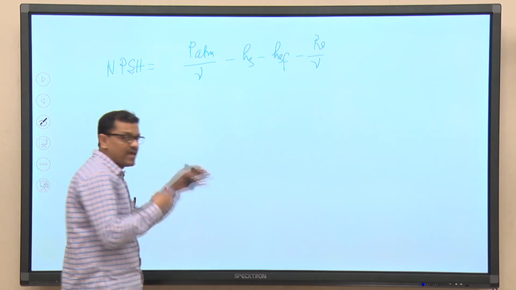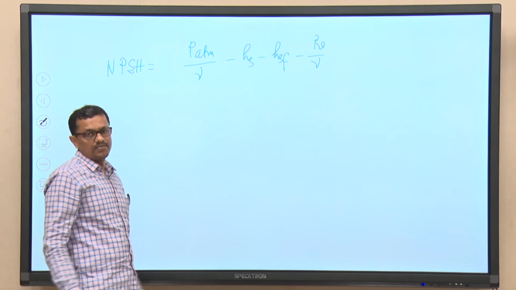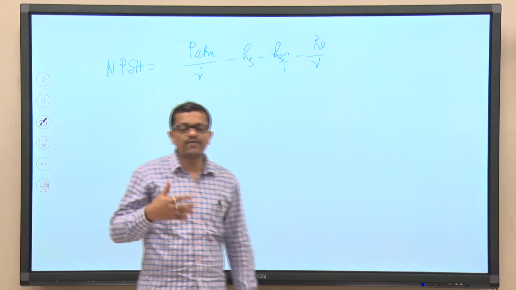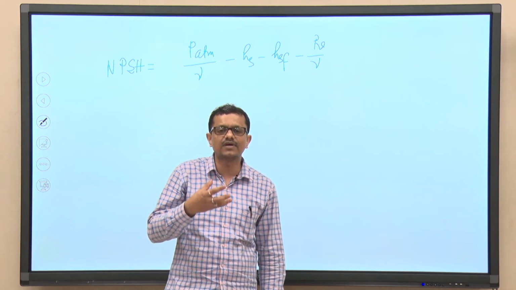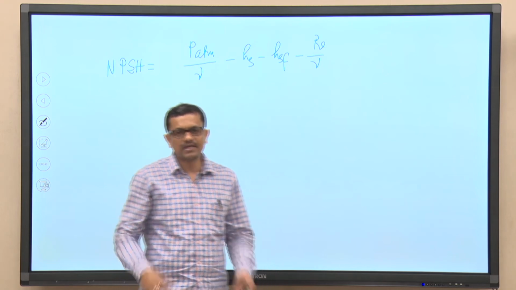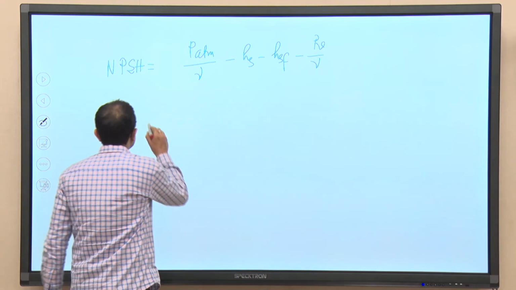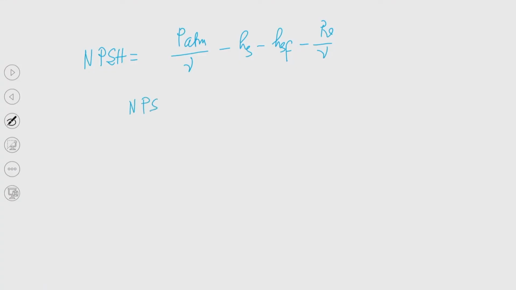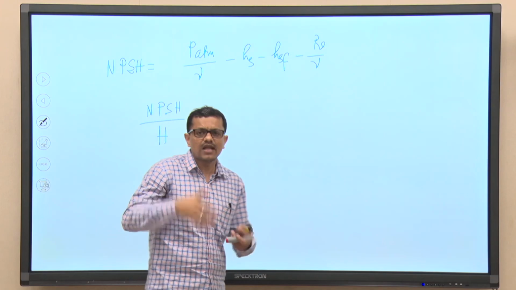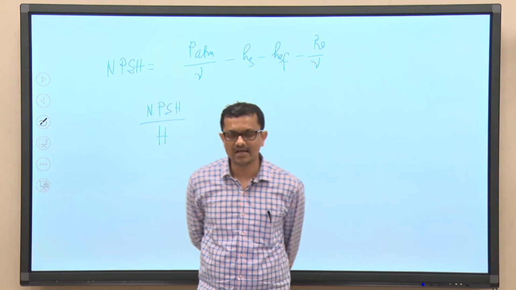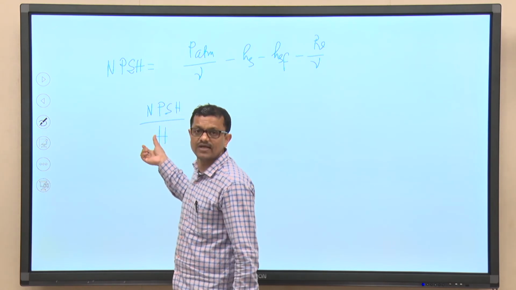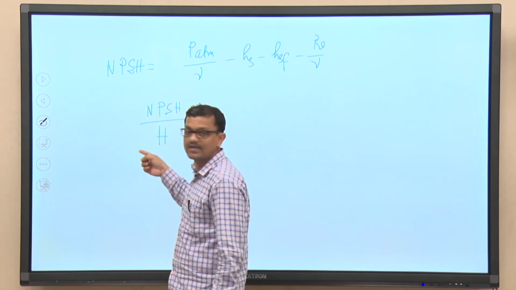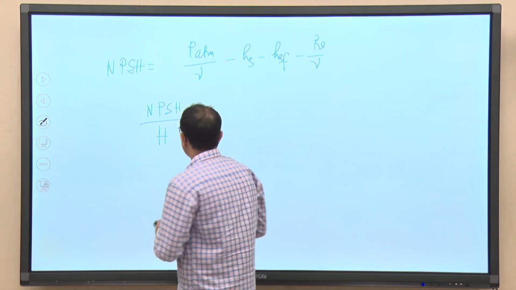So, if we try to make a dimensionless number, because always in our fluid mechanics course we have learned, we always try to make the equation, I mean different terms, in a dimensionless form. So, basically NPSH is nothing but head. If I divide this quantity by the head, that head is the total head that will be developed by the pump. So, this is the reference parameter we can consider, and if we take this parameter to make this quantity dimensionless, what will be the expression?